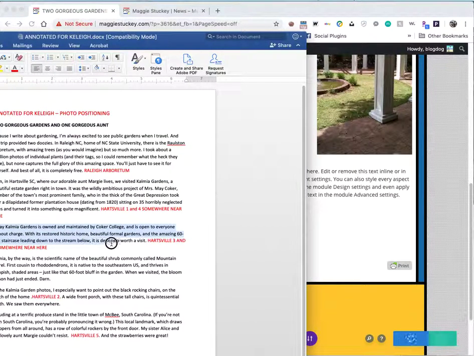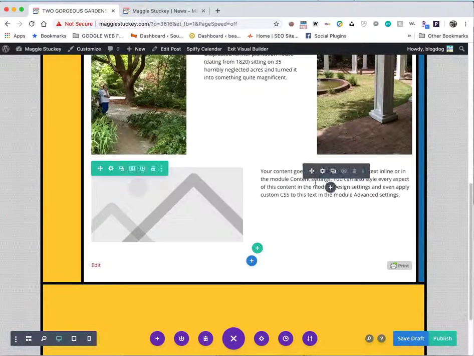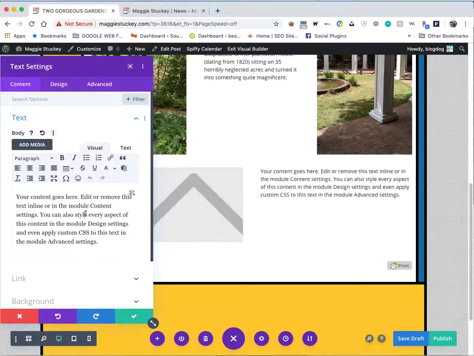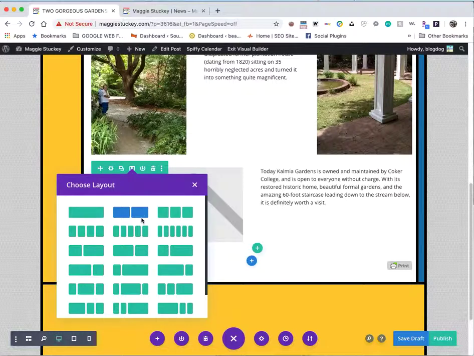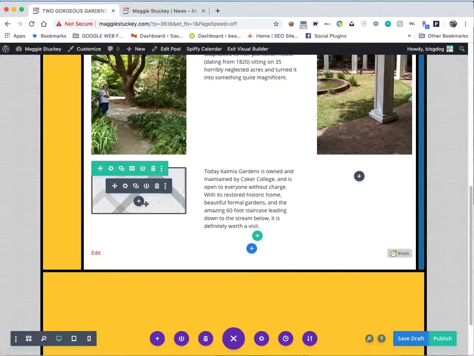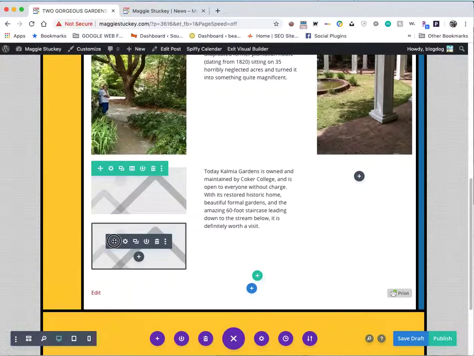First, the text. Oh, I get what you're doing here. Okay. So we're going to put that in here. And because we have 2 photos again, in anticipation, I'm going to go ahead and move to this 3-column layout and clone this picture and drag one of them over here,